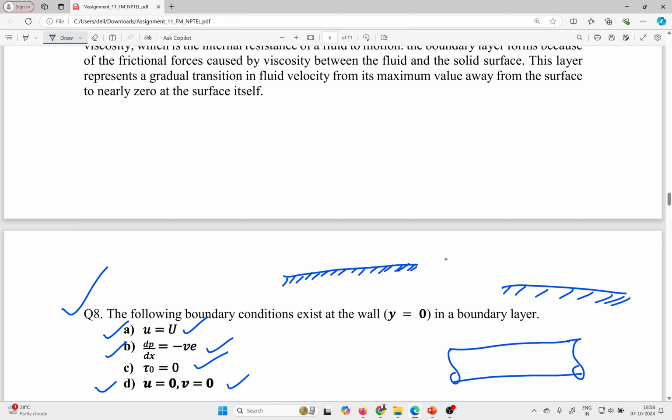Y is equal to 0 means here we are considering y in the vertical direction. Everywhere the same coordinate system. Means y equal to 0 here, as well as x also 0. So if I draw this line here, at that point we are talking,